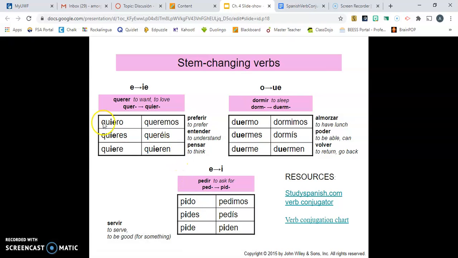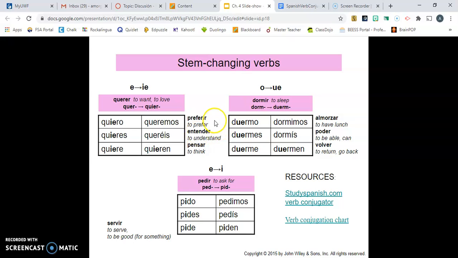So if there is more than one, like in the case of querer, obviously the ER ending is removed, so now we're left with just one E, so that's a stem changer. But in verbs like preferir or entender, you're going to remove the IR and you're going to be left with prefer, and it's going to be the second E that's going to change. The same with entender, right? So it's prefiero, prefieres, prefiere, and then entender, entiendo,